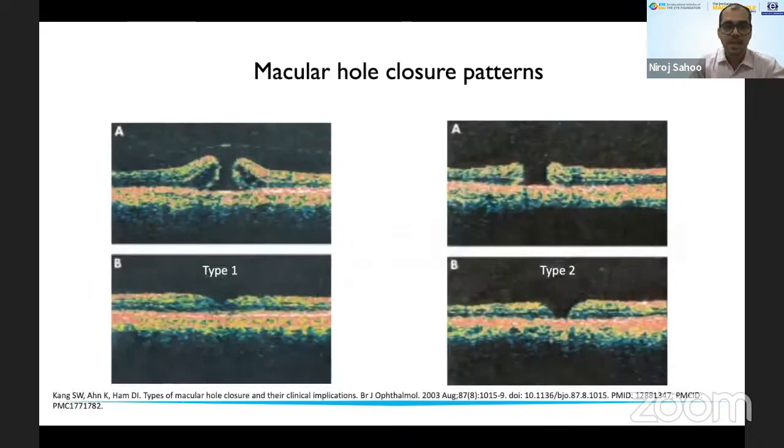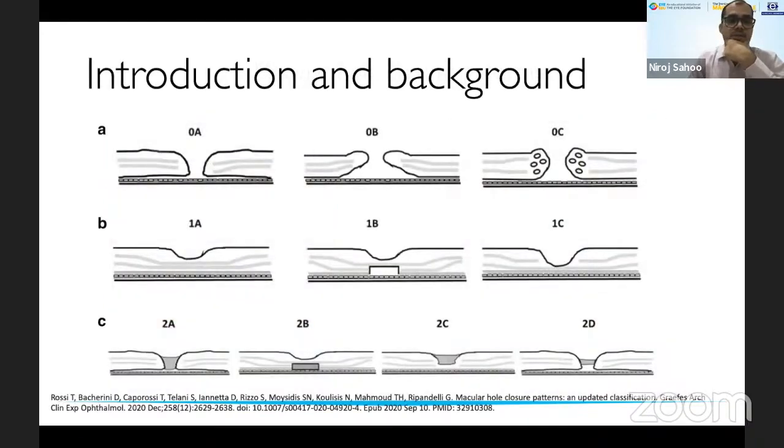Type 1 closures have very nice visual outcomes. But there is a much more recent classification based on the continuity of the retinal layers, either stage 0, 1, or 2. In stage 0, it is an open hole. In stage 1, there is some continuation of the retinal nerve fibers, but there is some gap in the bridging of the retinal tissue. In some subtypes of stage 2,